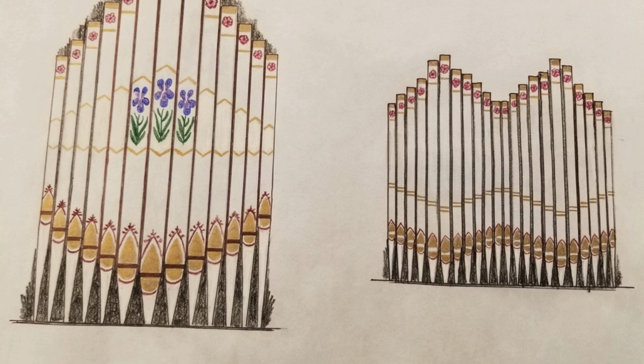And you can see a picture of the artistic rendering here. It's very subtle, but with a little bit of the flower look and design pulled from the needlework as well as the old stenciling. And we are very excited. It's going to make our instrument not only a piece of art to listen to, but also with the craftsmanship that goes into the console itself, the woodworking that's being added, and the craftsmanship in those facade pipes, in other words, the visible pipes. They do play, they are active, but they will help to bring our worship and tie it all together